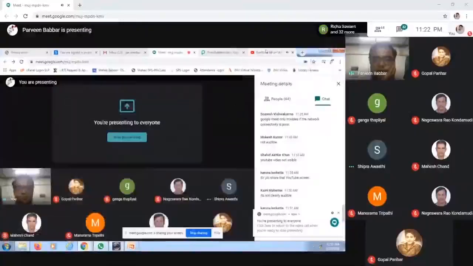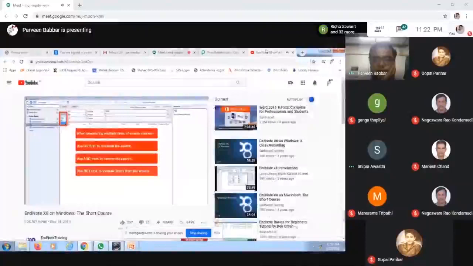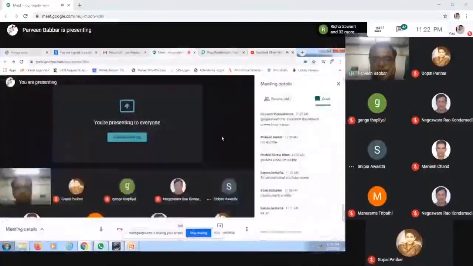I click the search button to perform the search. Endnote will report the number of references found. I click